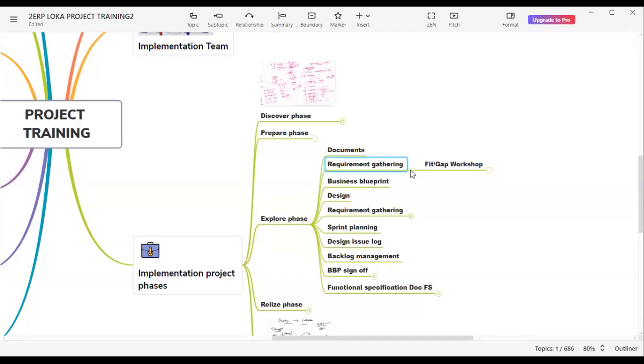In MM, I said that for process, we have one owner. For reportings, we have one owner. For any third-party tools, we have one owner. In the same way, if I take the finance module, in the finance module also, they will have their own SMEs. So those finance consultants will work with them. In the same manner, SD consultants also will work with the SD SMEs.